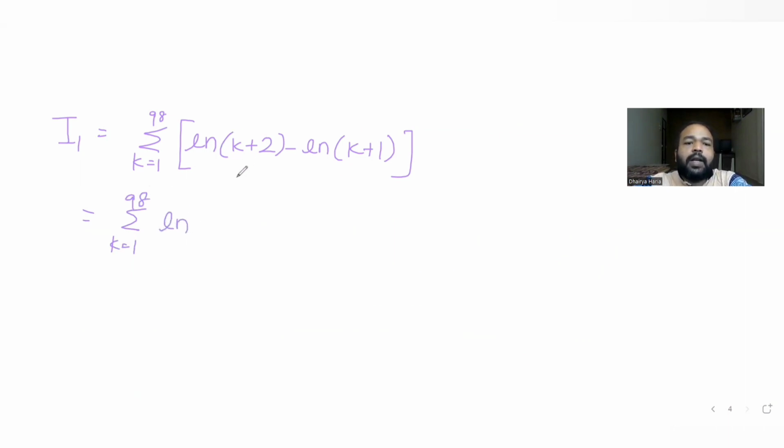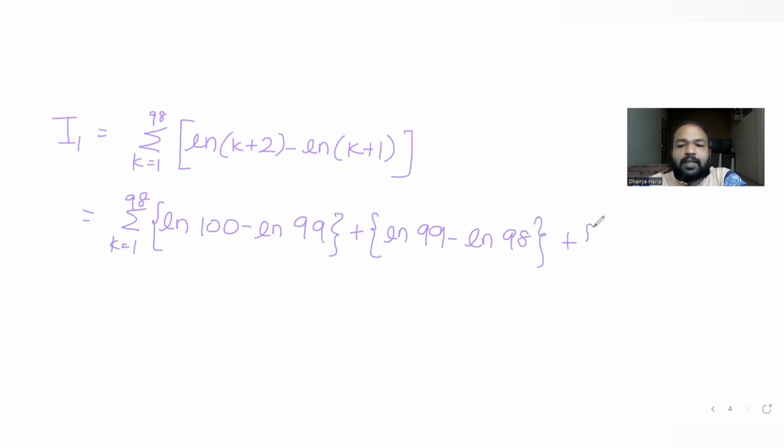This makes it 98 plus 2, log of 100 minus log of 99. If I decrease this by 1, let's put k as 97, so it becomes log of 99 minus log of 98. If I make k as 96, because k goes from 98 decreasing up till 1,